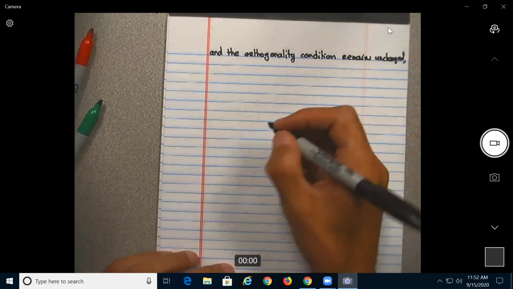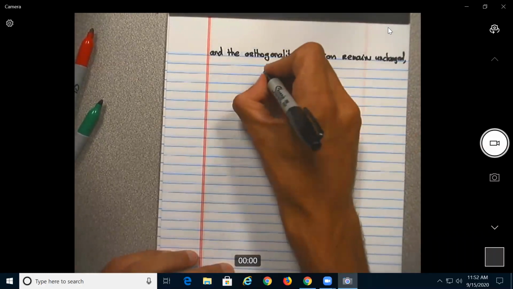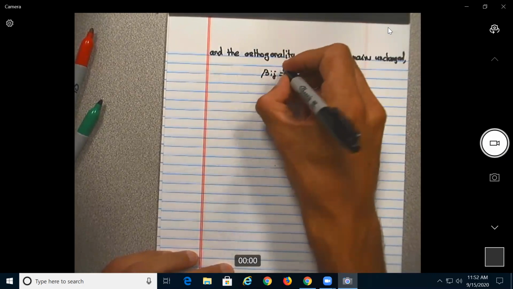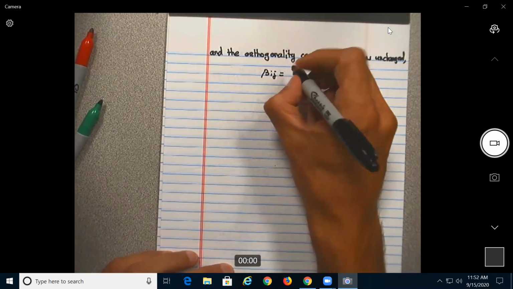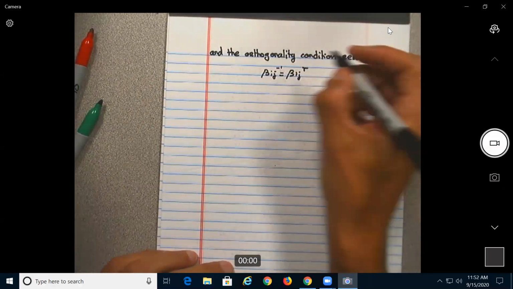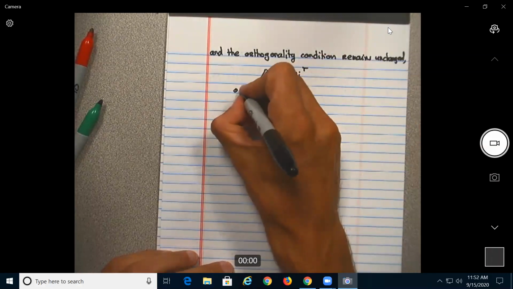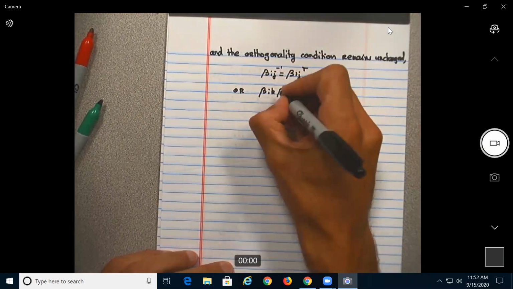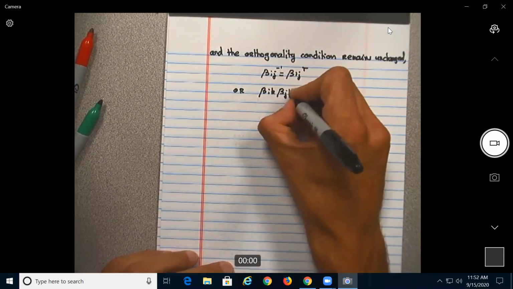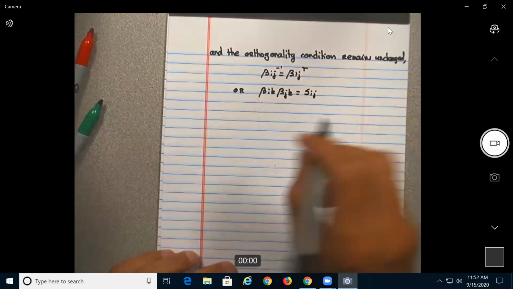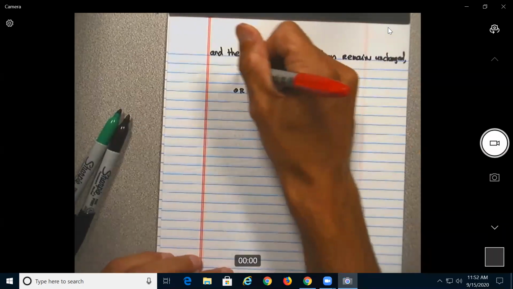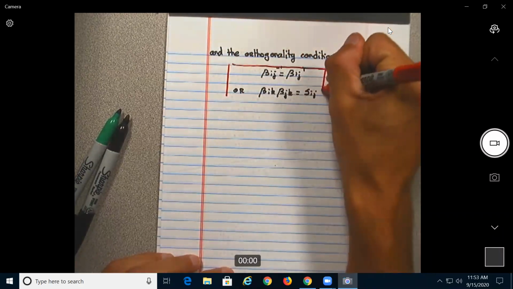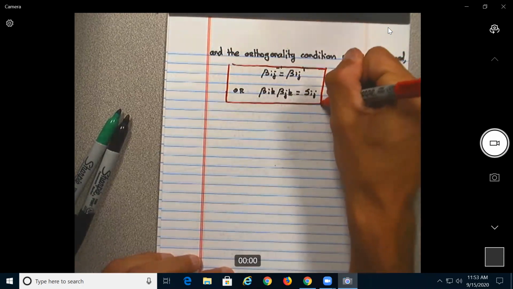That beta ij will still be equal to the transpose, the inverse will still be equal to the transpose, or that we can just rewrite this as beta ik beta jk equal to delta Kronecker ij. So basically, it's kind of easy to follow in 2D, but in 3D it will become a lot more complicated,